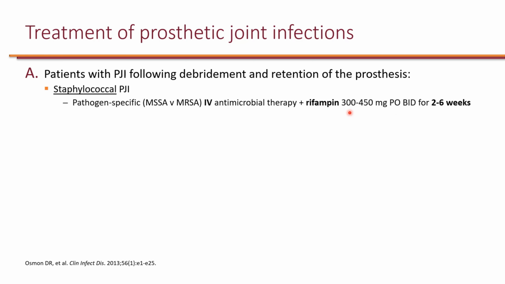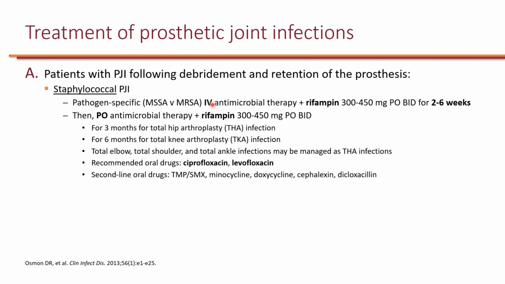Rifampin is only available as PO, so the rifampin portion will be oral, whereas for the coverage of MSSA or MRSA, it has to be IV antimicrobial therapy because we want excellent bioavailability of these antimicrobials. And then once the 2 to 6 weeks, and the 2 to 6 weeks is decided based on how the patient progresses, we can basically trend CRP, C-reactive protein, and based on the patient's response, we can decide how many weeks is needed. But regardless, beyond the 6 weeks, the patient needs to be switched to oral antimicrobial therapy for